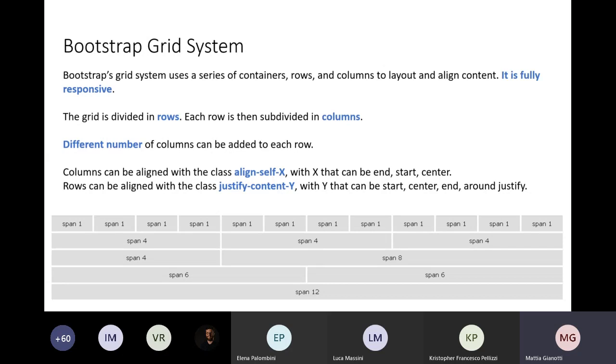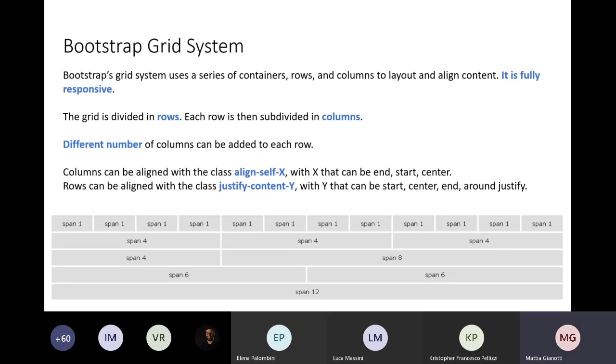I will explain in a moment, but you may decide that each column occupies a certain space inside the row. If you sum up the columns inside the row and you are not completing the row, you are going to use the align options. Otherwise,